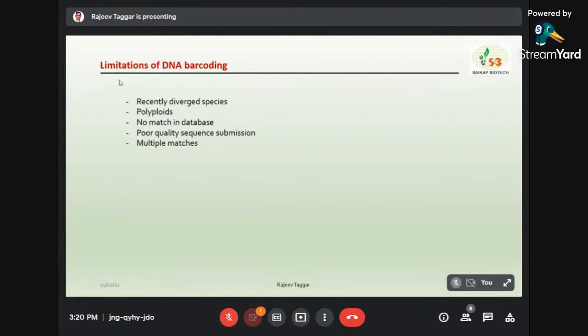Then another thing is poor quality sequence. Obviously, you give the sequence and you haven't done the identification, you are not very sure that your plant is, let's say, Mangifera indica, or your plant is whatever, Boerhavia this. You give the wrong identification, then other people will also match with that and they will also identify it wrongly. So poor quality sequence information, if you've used the wrong enzyme and then done the identification, so other people in society will depend on the information provided by a lot of other people, and that is how hits are formed,